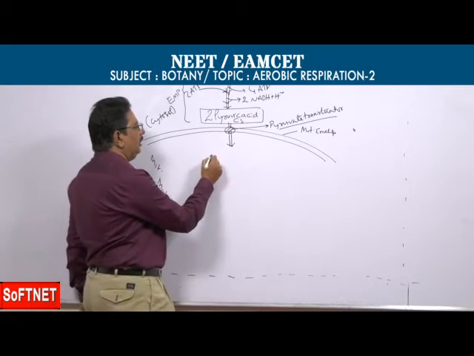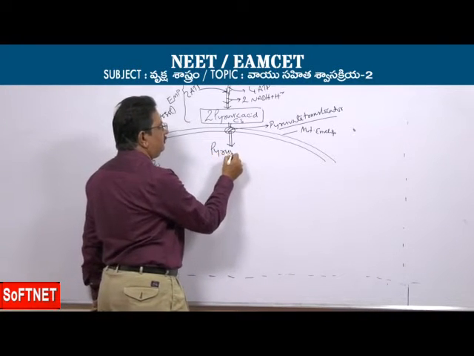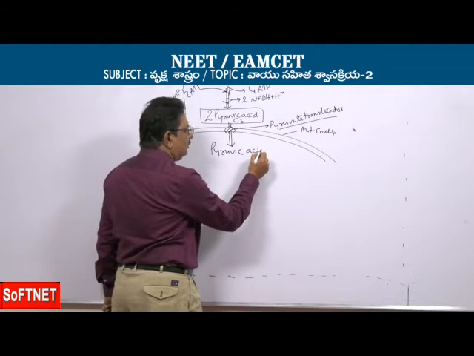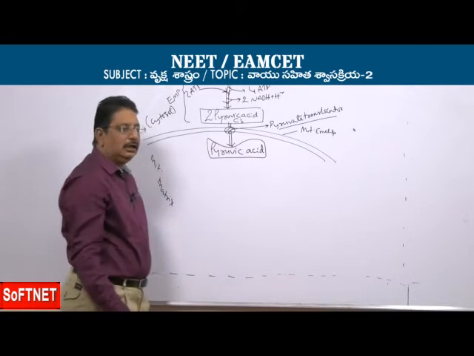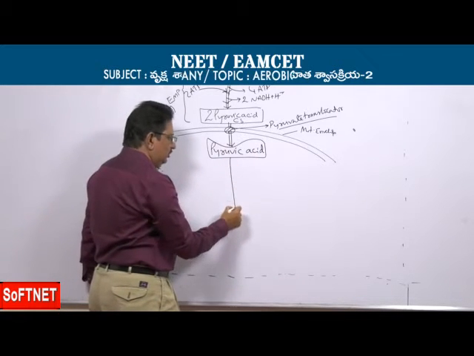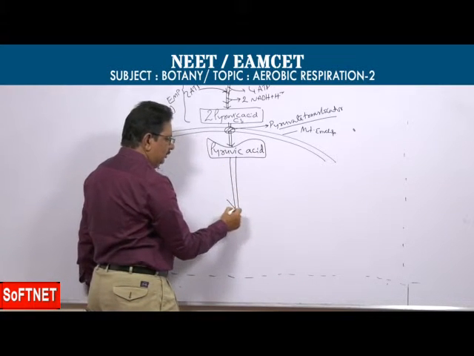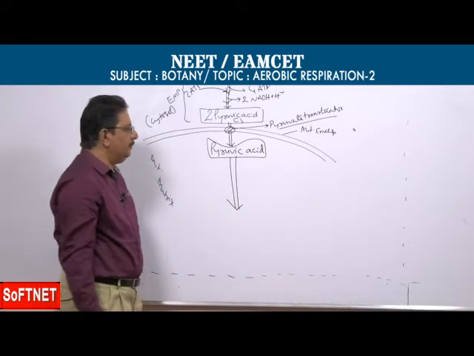So once the pyruvic acid enters the mitochondrial matrix, it undergoes three important conversions, in which